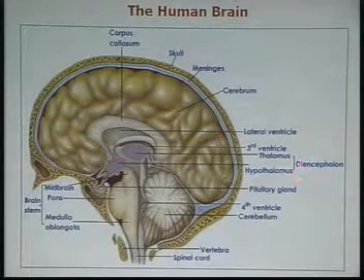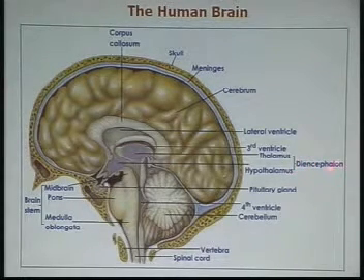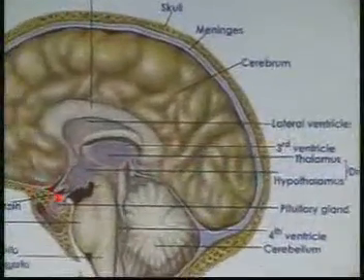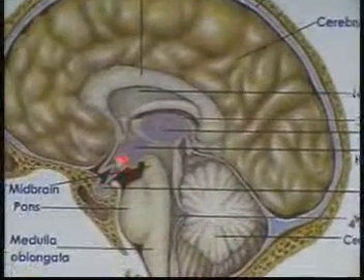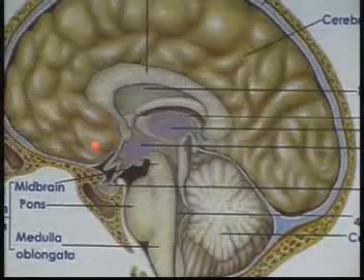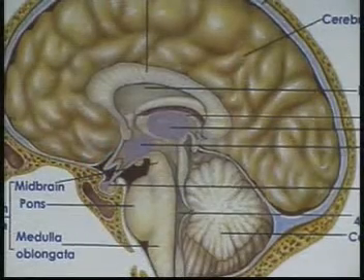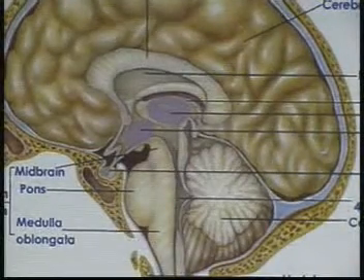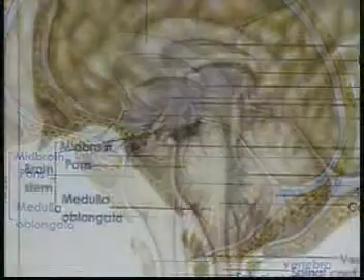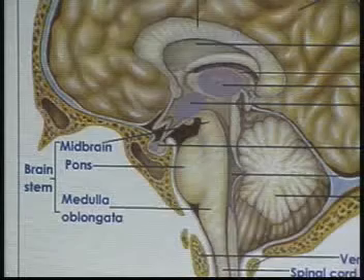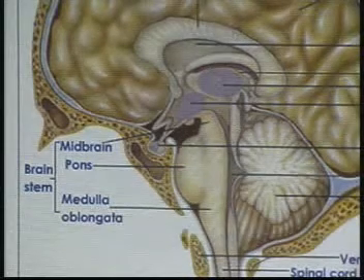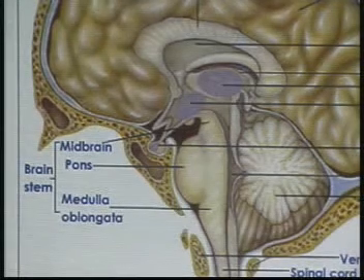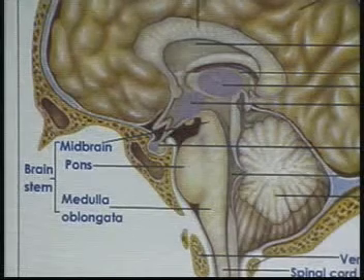We'll take up yet another part of the forebrain, that is the diencephalon. The diencephalon is made up of the thalamus. Just below the thalamus, you can see the hypothalamus. In fact, the hypothalamus is made up of mammillary bodies, the optic chiasma and the infundibulum. The midbrain actually is made up of optic lobes. On the dorsal side of the brain, the optic lobes are present and these are not visible on the ventral side, but their function is to control vision.